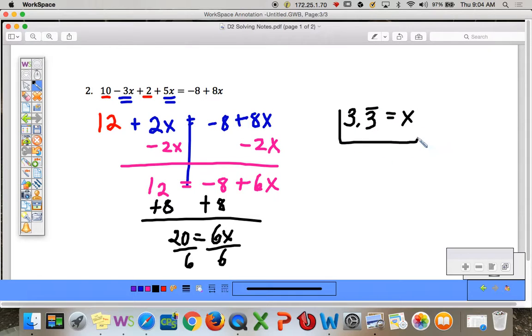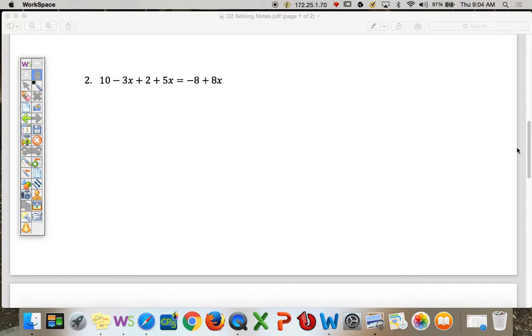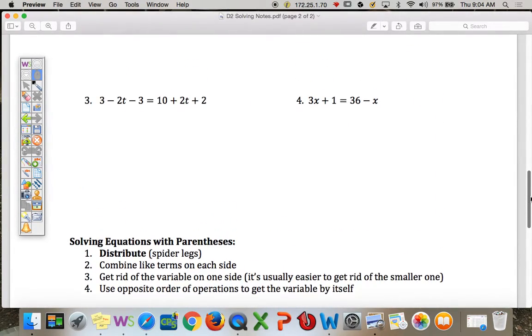So you can leave your answer like this. You could notice that we could divide each of these by 2, and that would give us 10 over 3. So here's another way to write that answer, 10 divided by 3, or you could leave it 20 over 6. Okay, let's take a look at a few more, and then we're going to look at when we have parentheses